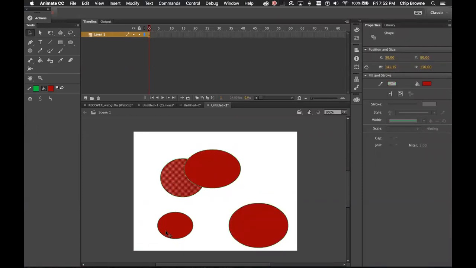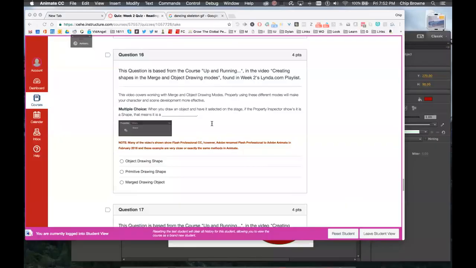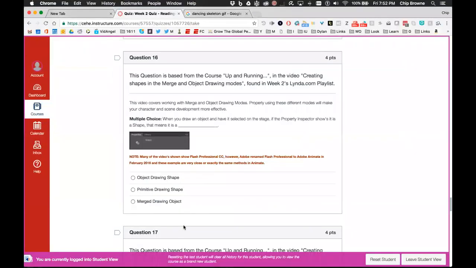Yeah. Anyways, I'm gonna move on. Okay, shape. Number 16 shows it's a shape. Question: